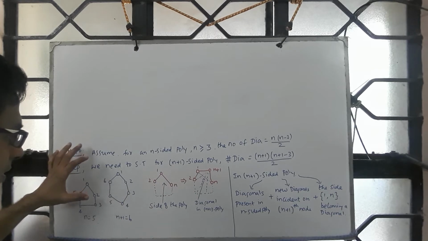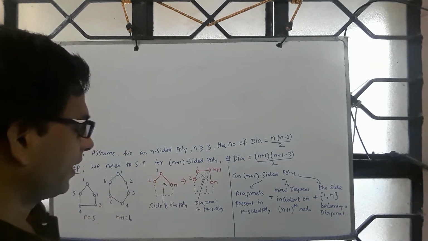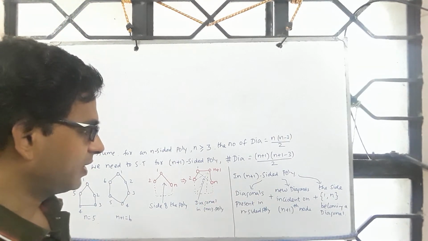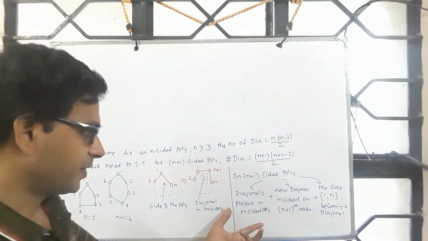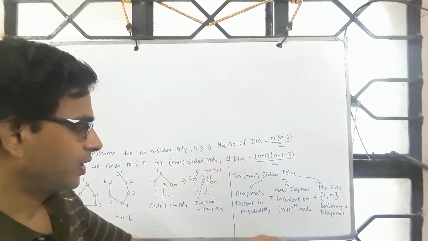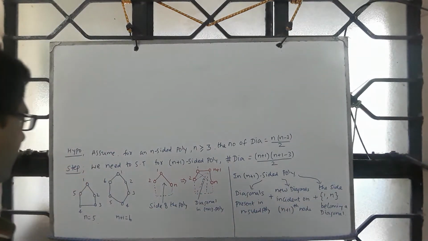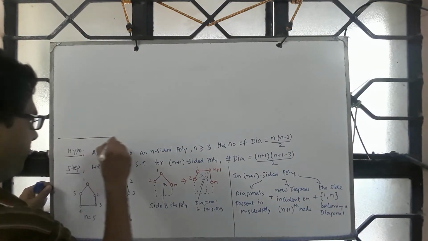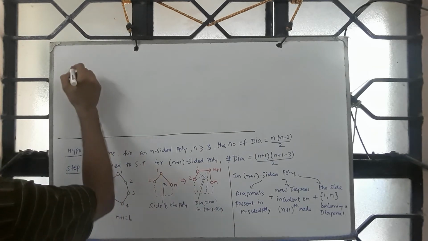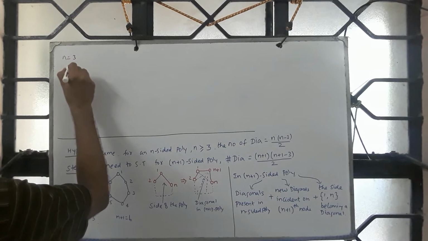So we saw that when we move from n to n plus 1, we create three types of diagonals. Diagonals which are already present, and the new diagonals that are incident on the n plus 1th node, and the side 1 comma n becoming a diagonal. Okay, let's do this carefully so that you appreciate this better. Let's see how things move from n is equal to 3 to 4.